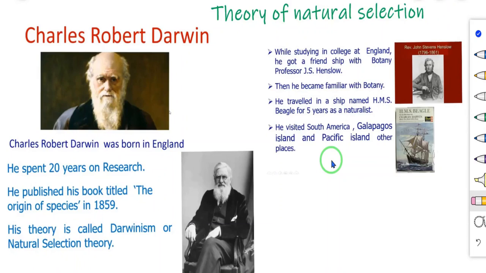He further worked for a period of 20 years to develop the theory of natural selection. Darwin published his observations and conclusions under the name Origin of Species in 1859. So the book of Darwin demonstrates the fact of evolution. This book elaborates on the theory of natural selection for evolutionary transformation, the origin of species.